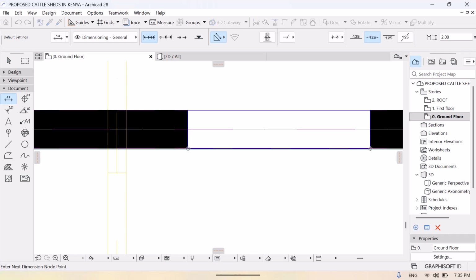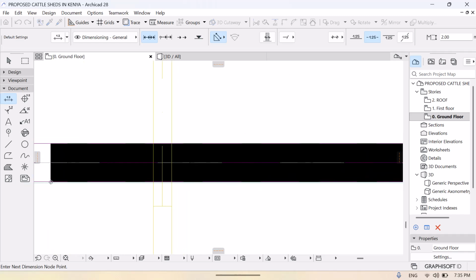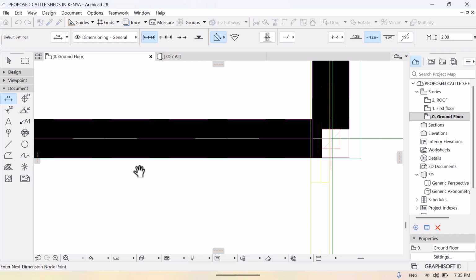I think we have about 8 windows. And that is our last point. So after that you zoom out